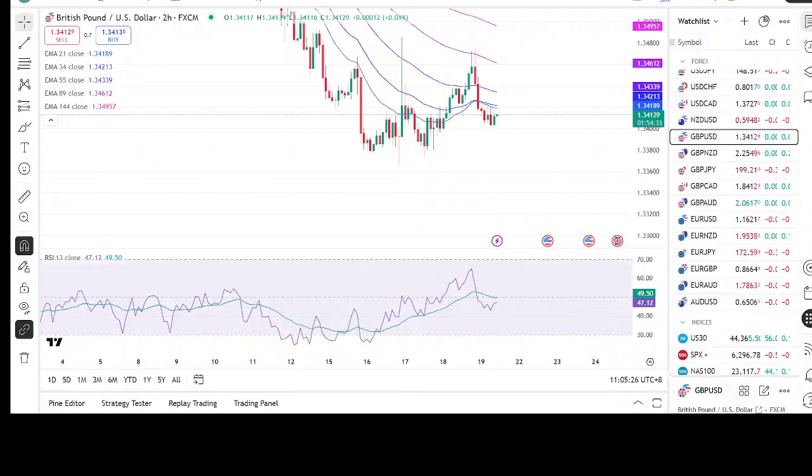Then 32.70 as stop, and 33.45 or 50, because this is a counter trade. So we'll put it as day buy. So we have pound day buy and day sell.